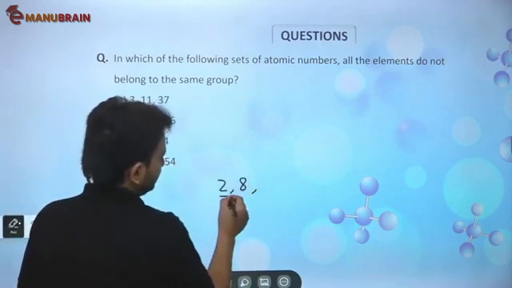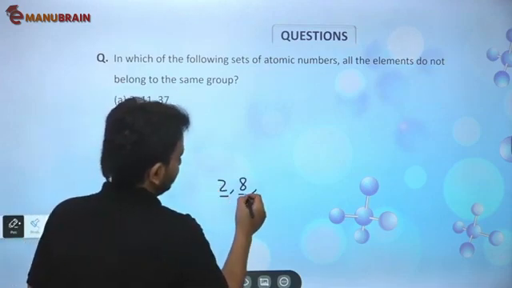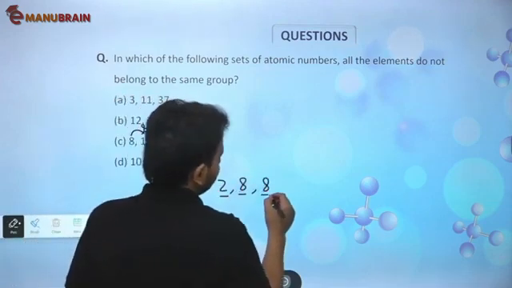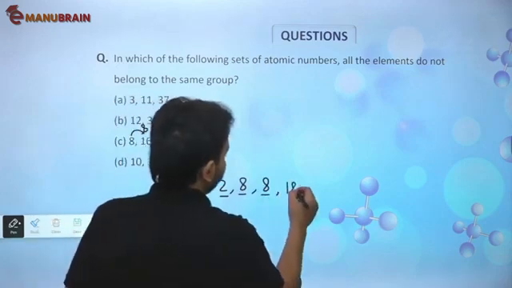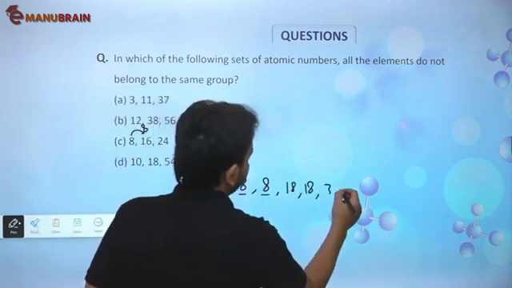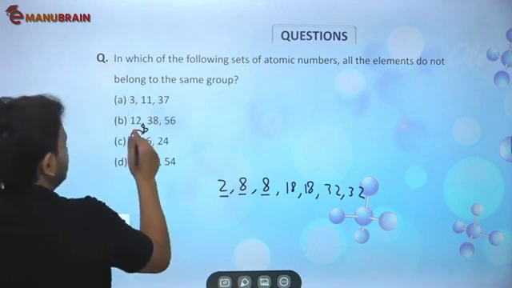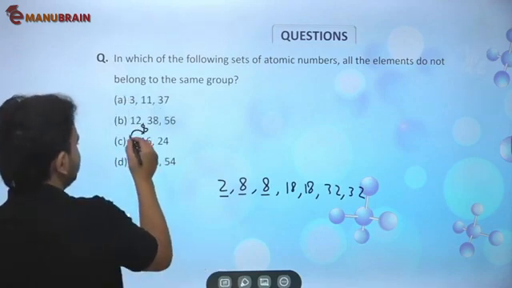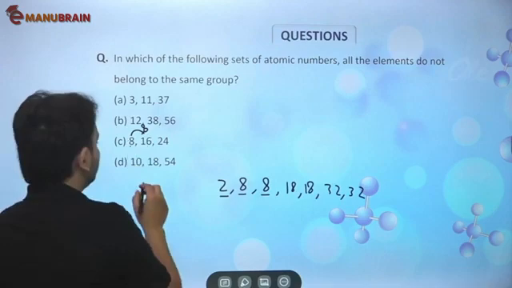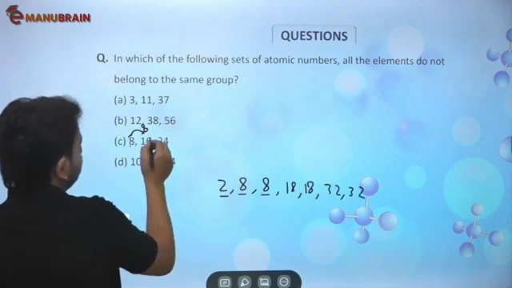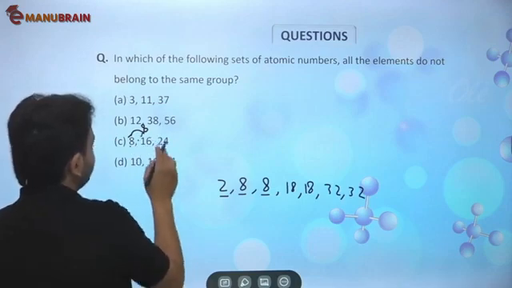So the first shell gets filled with 2 electrons, the L shell, the second shell, gets filled with 8 electrons, then the third shell again gets filled with 8 electrons, then 18, then 18, then 32, then 32. It gets filled like this. So first this will be 2 and then 6, so this is oxygen, 2 and 6. And after that the next one will be 16. That's true, because we added 8.